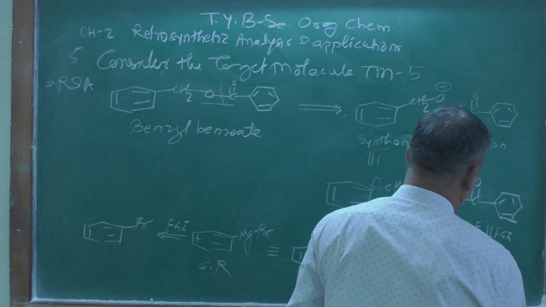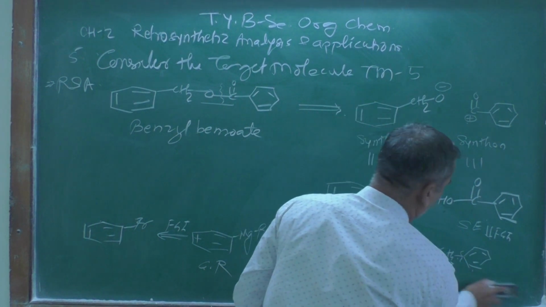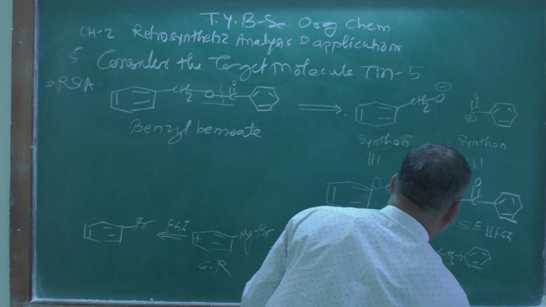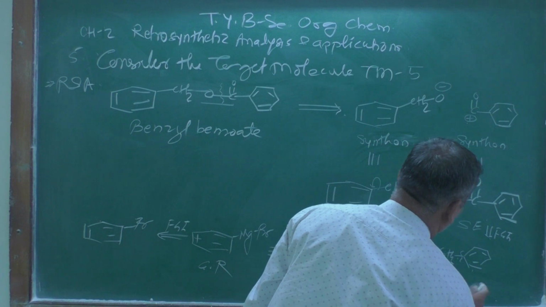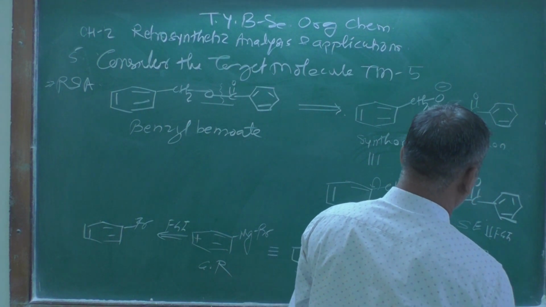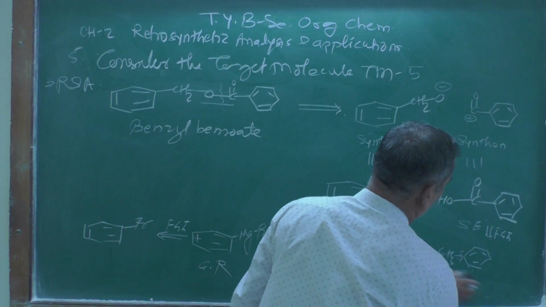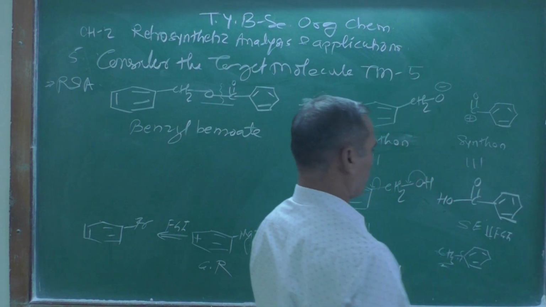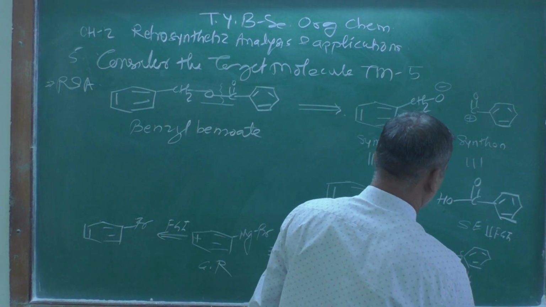After breaking this one, let me show this again clearly over here, their fragmentation CH3, here positive charge, and here negative charge, like this. So up till that, toluene you can remember, or toluene can be obtained from this